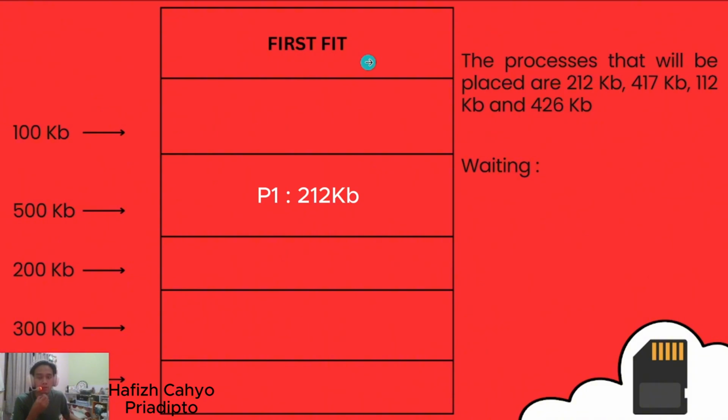So we go on to the next column, which is 200 kilobytes. Still 417 is bigger than 200, and next we check the fourth column, 300, which is still smaller than 417. And the last column is 600 kilobyte, and now it is bigger than 417 kilobyte. So the second process will go into the last column, and next process is